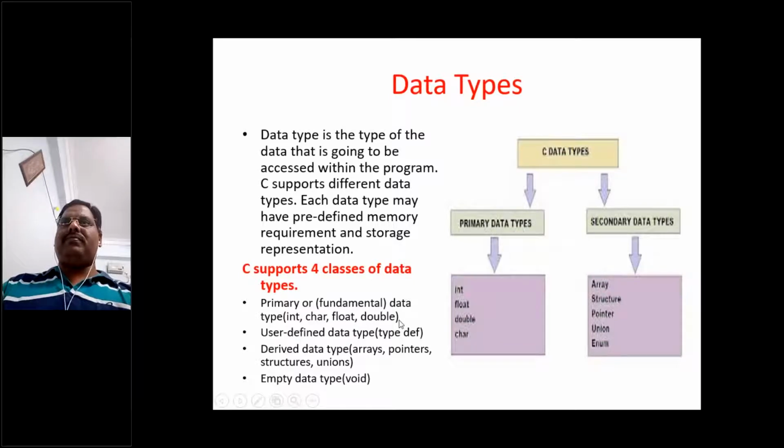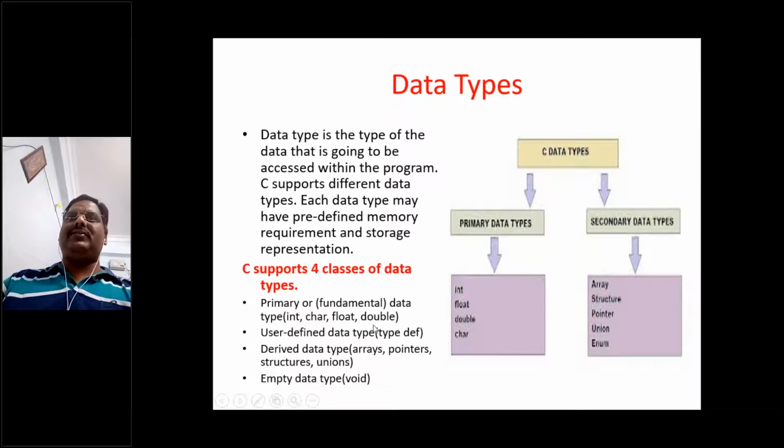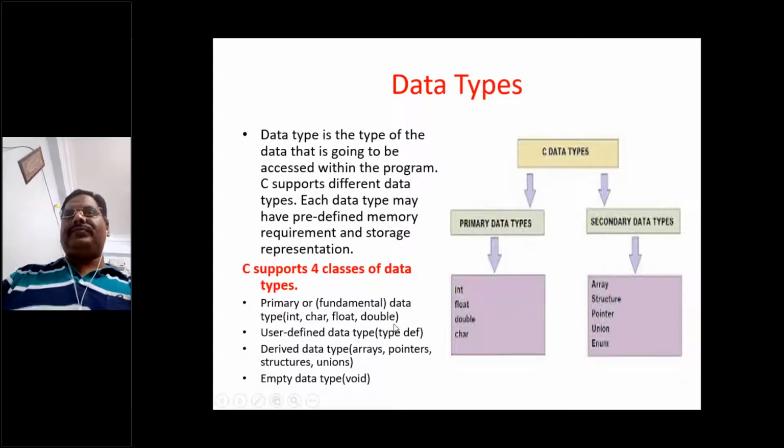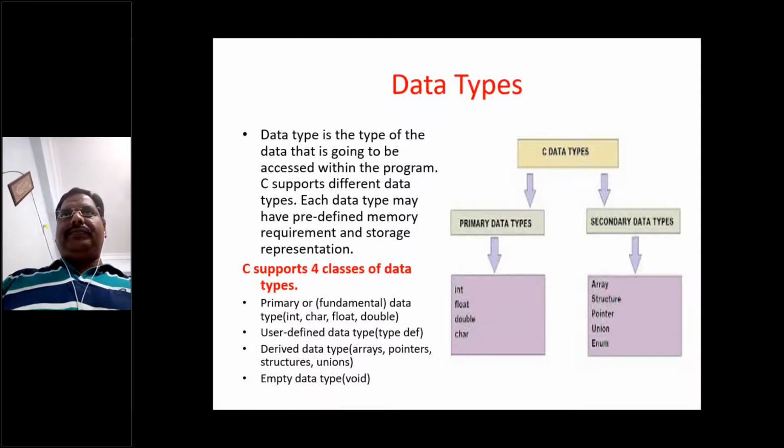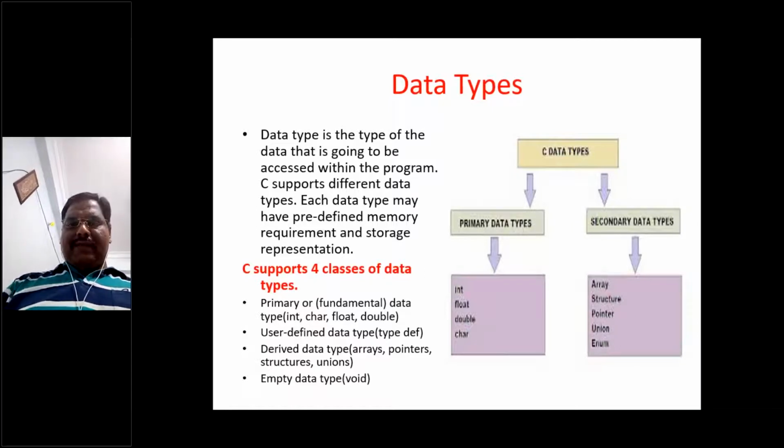So, for example, float and double are used the same way. But what is the difference between float and double? With float, we can go up to around 4 decimal places after the decimal point, whereas with double it may be 8, and it may go on like that. Okay, so those are the data types that are available.